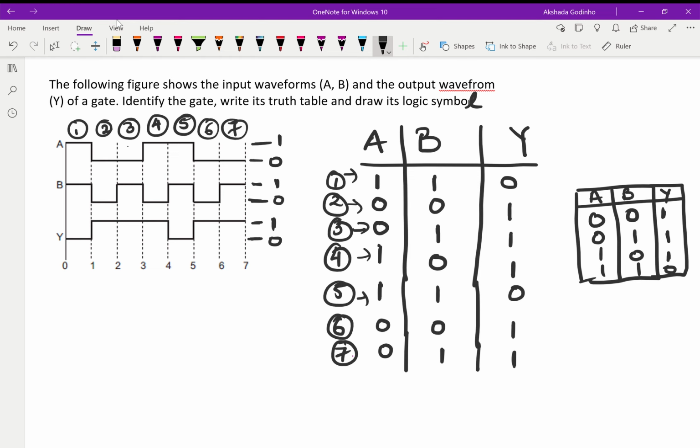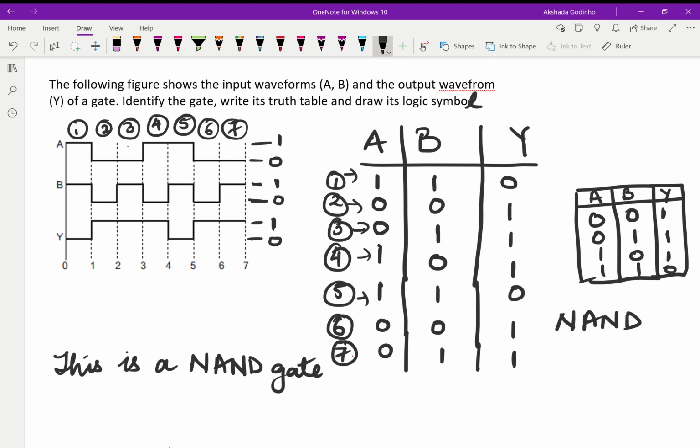So now which gate is this? Which gate gives us these values? Yes, some of you must have recognized this gate. It's the NAND gate. So we know it's a NAND gate. They have told us identify the gate. Yes, so you will write this is a NAND gate,